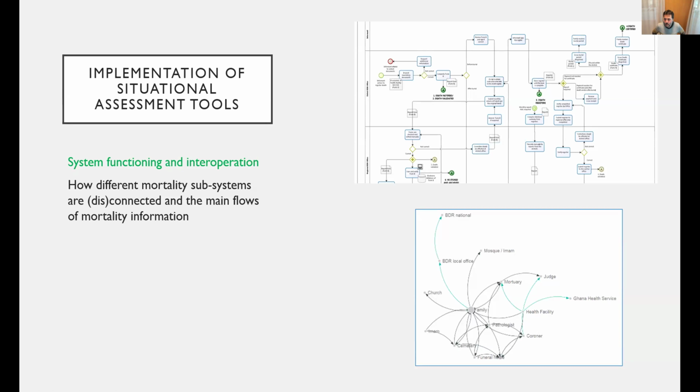And if you need support implementing them or analyzing the data that you have, you just need to reach out, and we will definitely help you in the different steps of developing this. So with this, hopefully at the end of these methods, you will understand who is collecting what information, how the information flows, and that will inform how the SRS should be designed. If you go to the next.